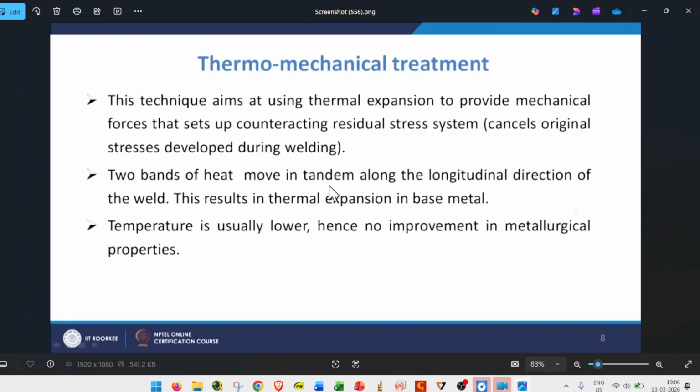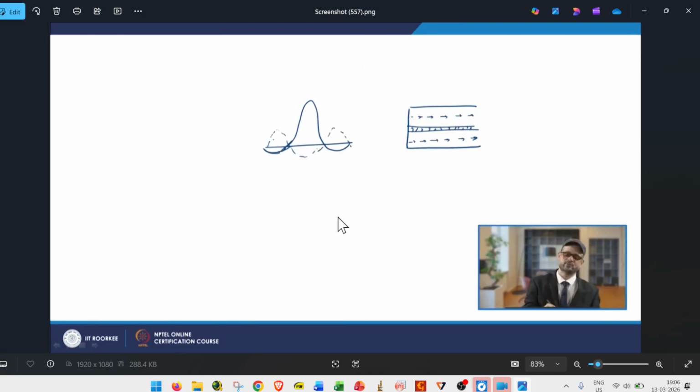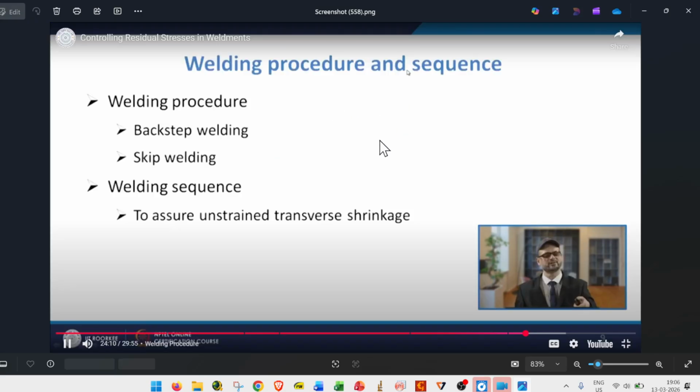Two bands of heat move in tandem along the longitudinal direction of the weld. This results in thermal expansion of the base material. The temperature is usually lower, hence improvement to the mechanical and metallurgical properties. Like this, we can provide the two bands of heating to the base material so that these two stresses will become compensated out. Next is the welding procedure and sequencing, like backstep welding and skip welding,